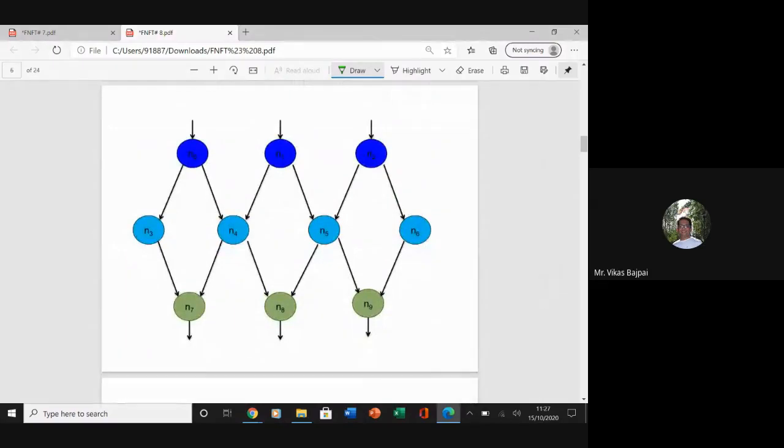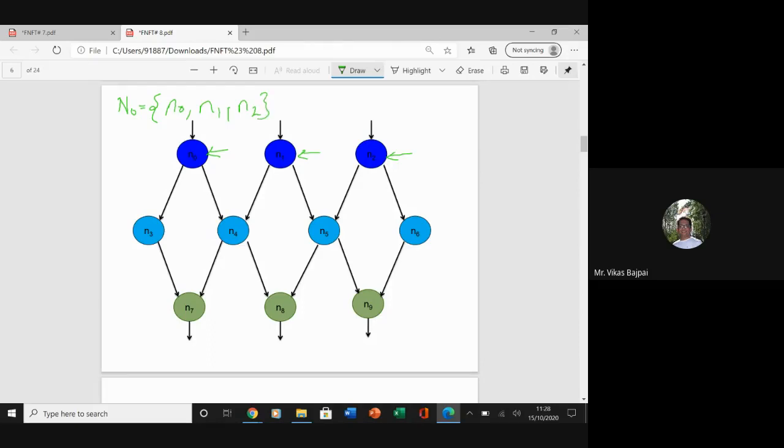In this case, what we see is that your N0 is going to be a single node. I hope these things are visible to you guys, because on the other screen I can see that it's not that visually clear, but let me give you an idea. This is N0, and then this is N1, this is N2.